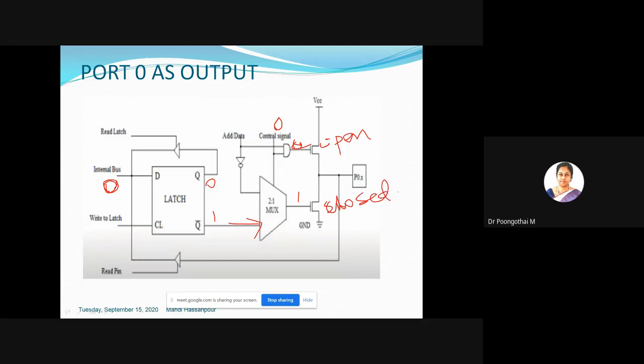What is the output voltage here, at this point? This point is grounded, so the value available here is 0 voltage. Now your port 0 acts as an output port.